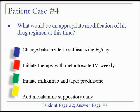What do you guys think? So I'm seeing a lot of green. Okay, good. I would agree with you guys. So in this case, infliximab would probably be the best option. They would now be considered corticosteroid dependent. The biologics are great at corticosteroid sparing effects and therefore would allow the patient eventually, hopefully, to come off of